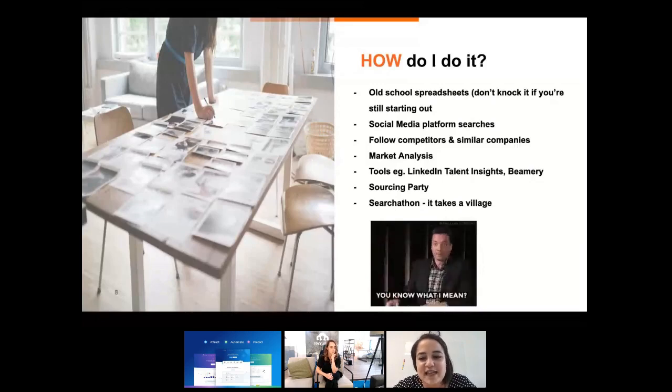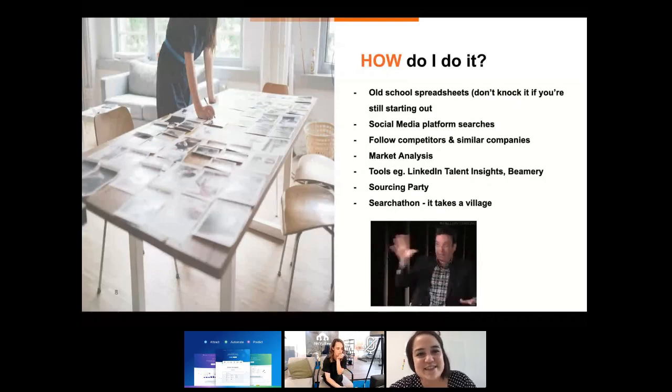And then there's something we like to do called a sourcing party. So basically, I send out an invite, ask my hiring manager, hey, I want to get a bunch of people from your teams, all the engineers, all the product managers, whoever is looking. We're going to get them all in one room or wherever. Please ensure this invite is mandatory because we need people to attend. Without the resources, this won't be successful. But basically, all they need to do is bring their laptops.